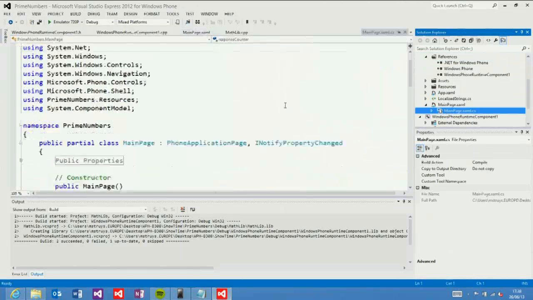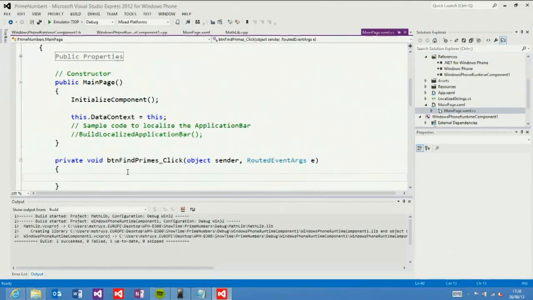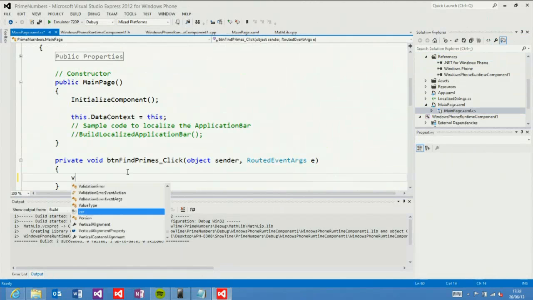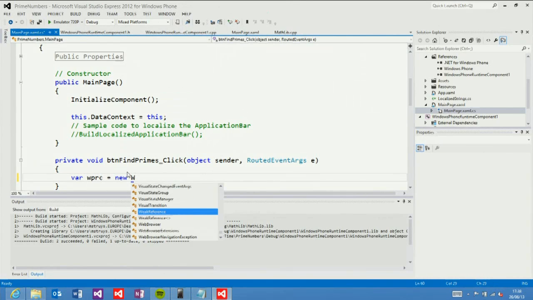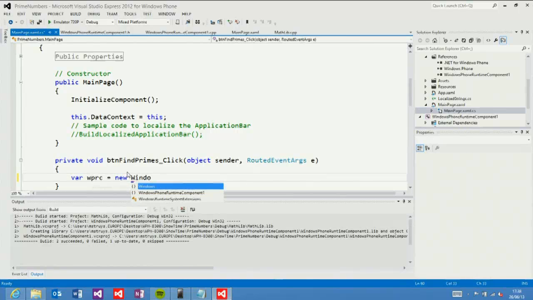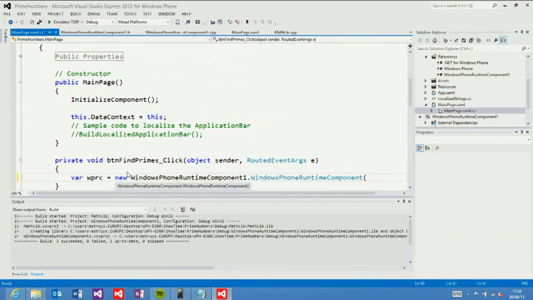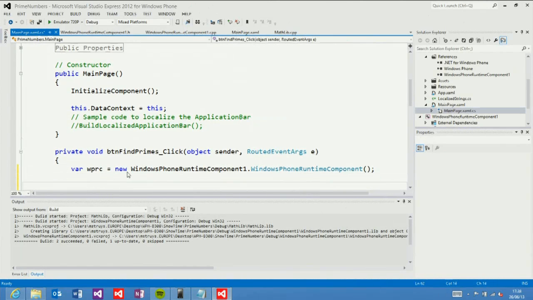So here we go. Here is that find primes thing. And what I now can do is take a var data type. The name is Windows Phone runtime component. And I'm going to create a new instance of my Windows Phone runtime component. And in that is a class called Windows Phone runtime component. So I just created that instance here. And I can now assign a text property inside my result text box to my Windows Phone runtime component, its method,